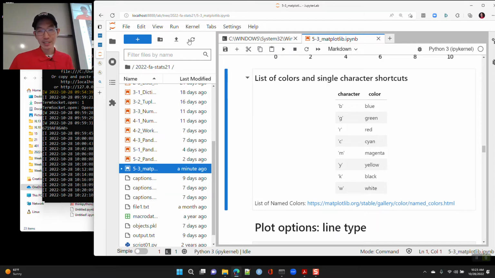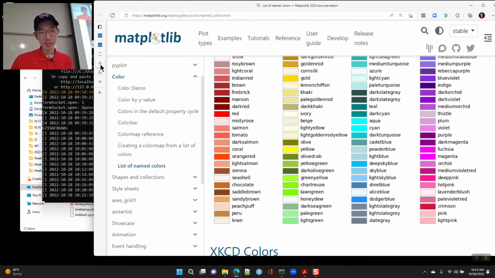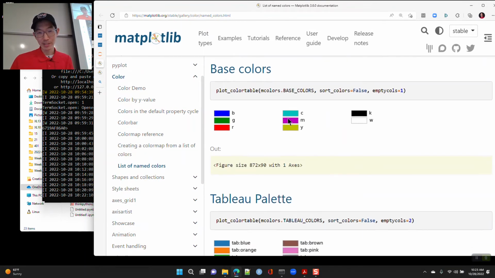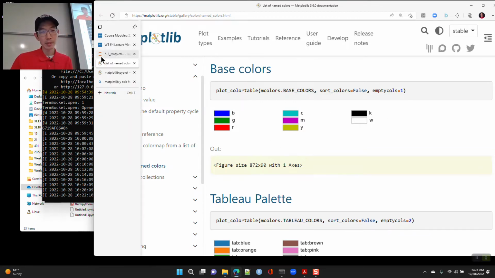Your base colors, I think I can tell the difference between these. You got seven or eight colors here. It's hard to plot dots that are white, but seven colors, sure, that's fine. We can do that.